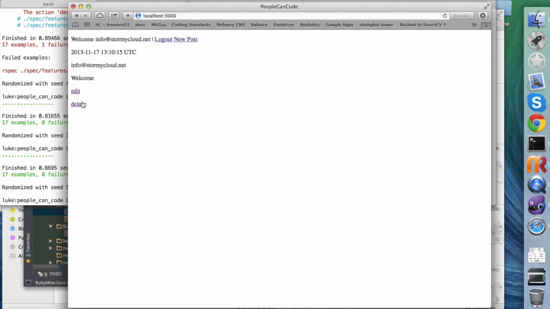But let's just check how it works. So I have this delete link. If I click that, it's done. The post is gone. I need to create a new post, and that will appear here, and I can edit that